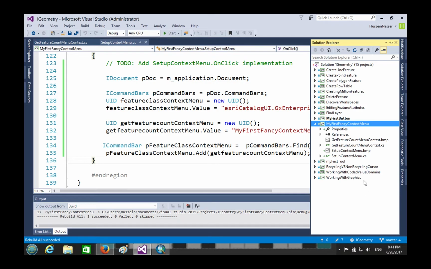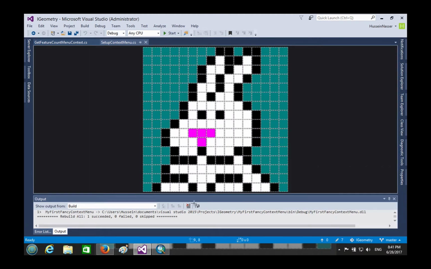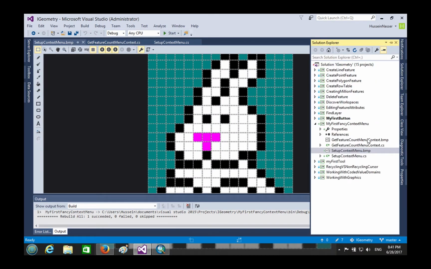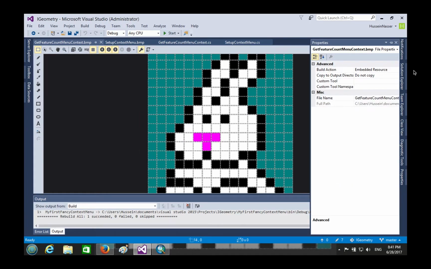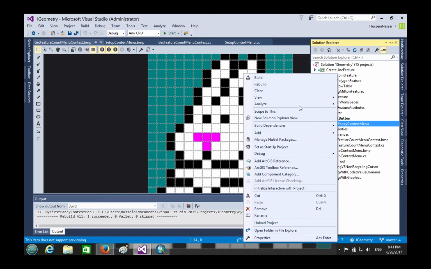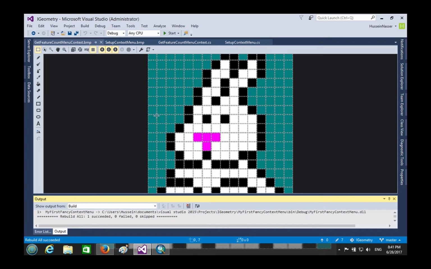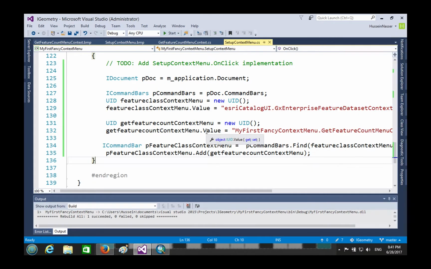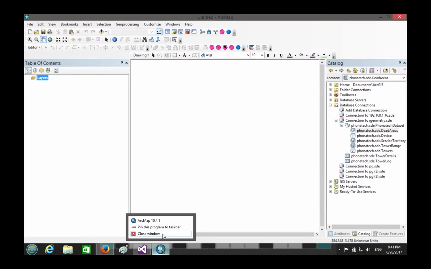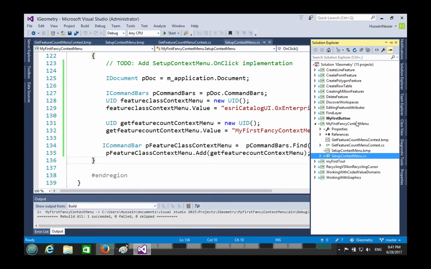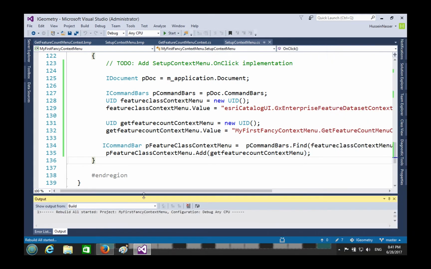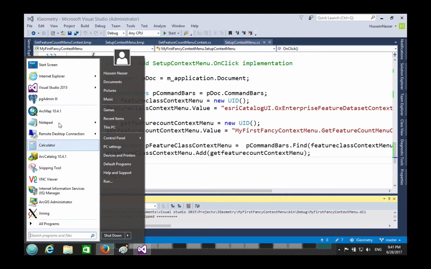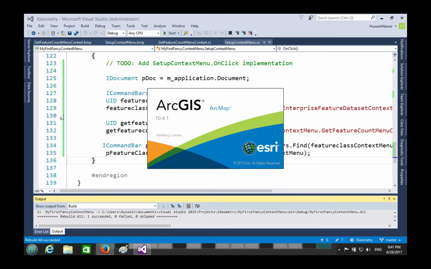Oh well, sorta. Obviously, you remember this, guys? Remember these? That's the default icon. Alright, when I build now, we will click on the setup context menu and see what we'll have. Okay, we'll have to close this. We have ArcMap open. Let's rebuild that. Obviously, I'm going to push this. I'm going to put the code in the description below so you can see it. Take a look and we'll